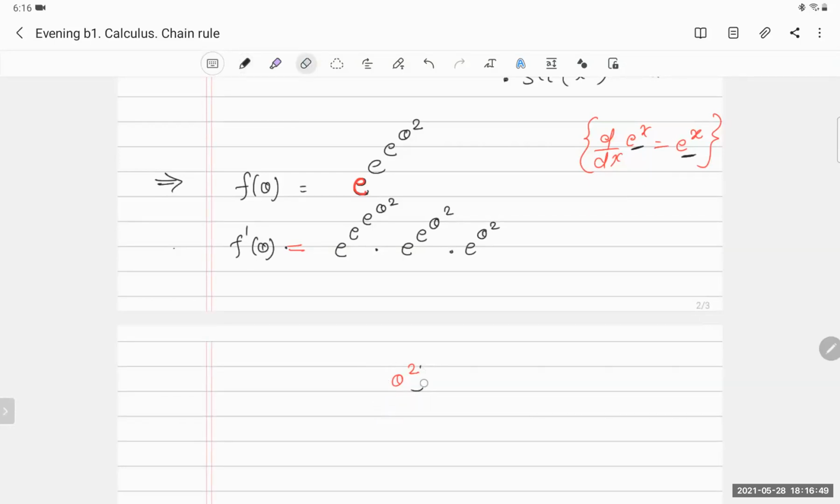Now theta square. What is the derivative of theta square? 2 theta. Now this is also gone. So my whole function is over. So my differentiation is over. You can solve all the questions in a single line, doesn't matter how complicated the function is. That is why we say that we can differentiate any function.